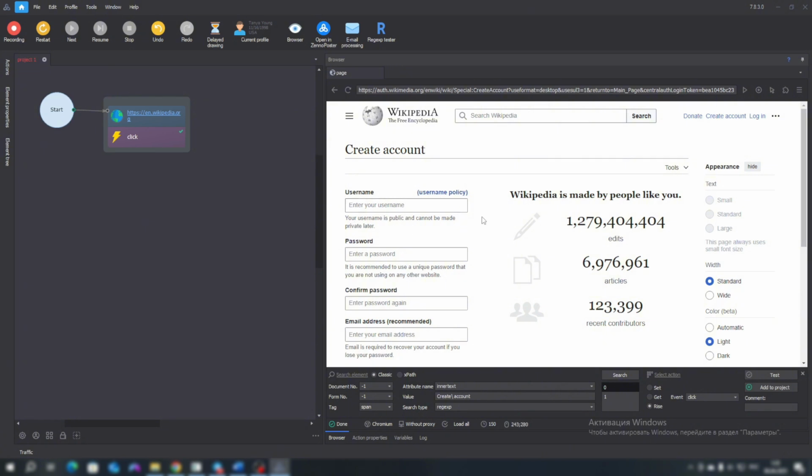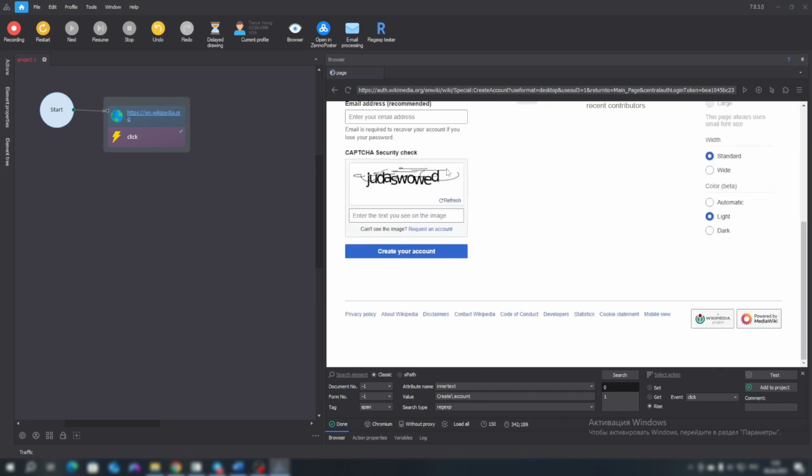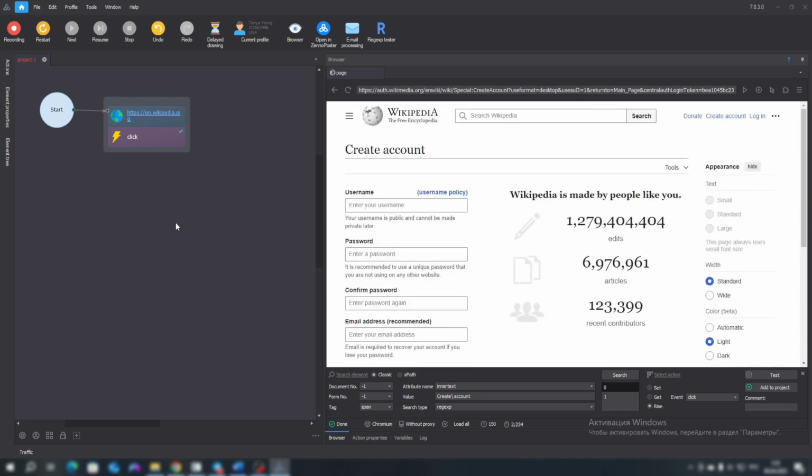Next, we need to fill in the form fields: the username, password, repeat the password. We won't fill in the email, and solve the CAPTCHA. Let's fill in the username. Right-click, set it to -1. This should become a habit for you. In the attribute, we have the value VP at N2. This part changes. In the future, it might change to another number. This group can also change to other letters, so we delete them.